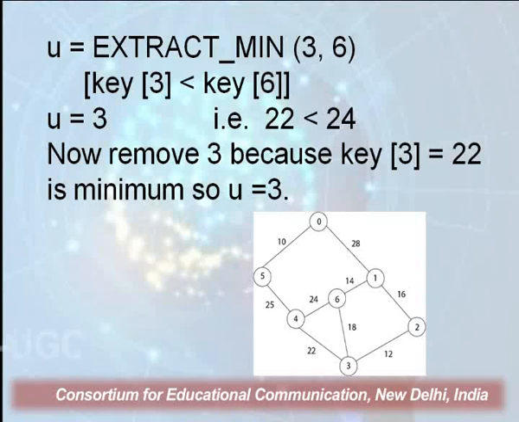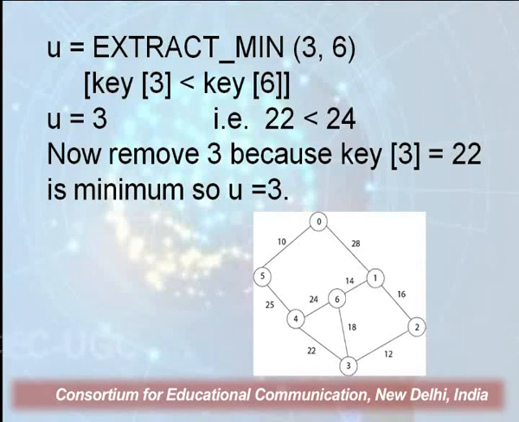Then 3, 4 is 22. We need to see that 22 is less than 24, which was already there, so this updation will also take place. Coming to 6, from 3 it can be reached in 18. The weight of the edge 3, 6 is 18.